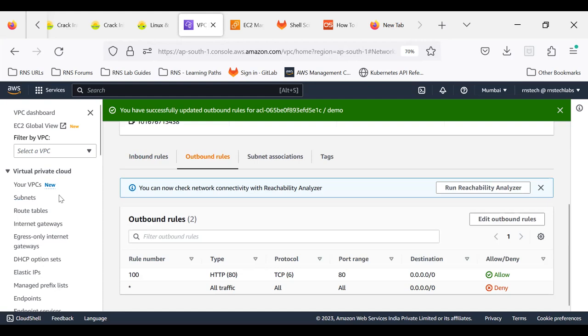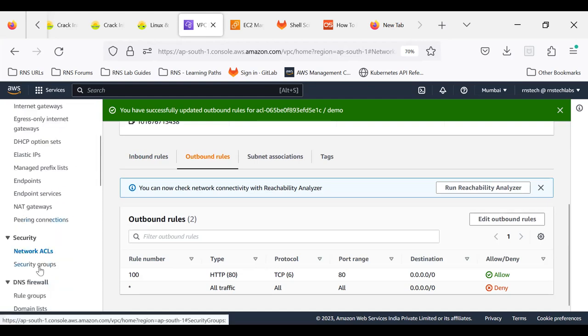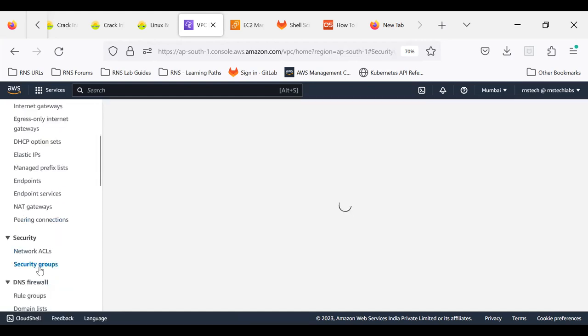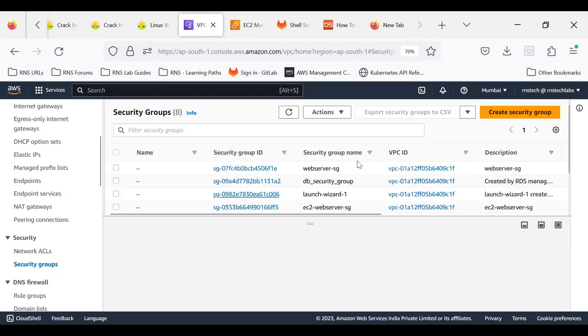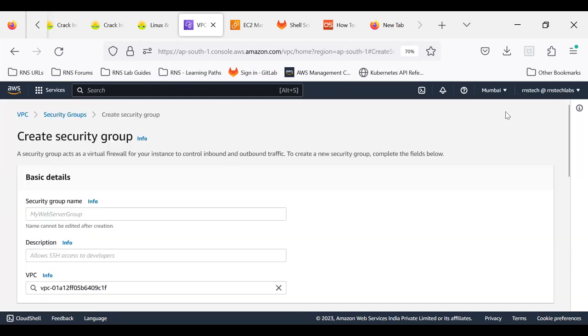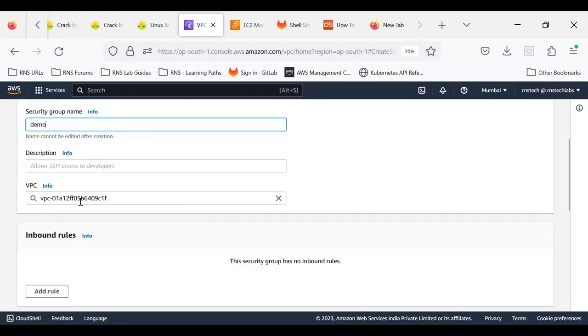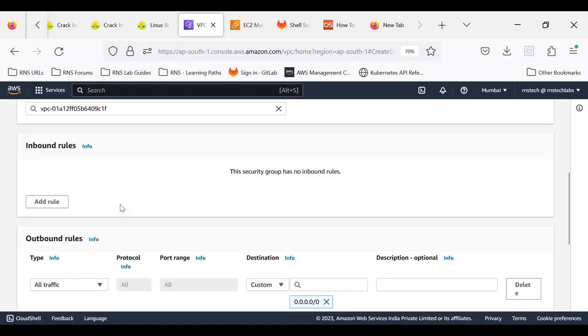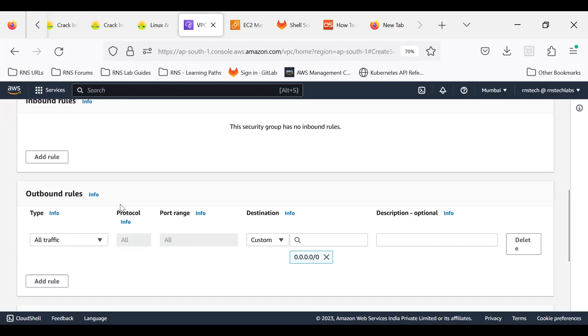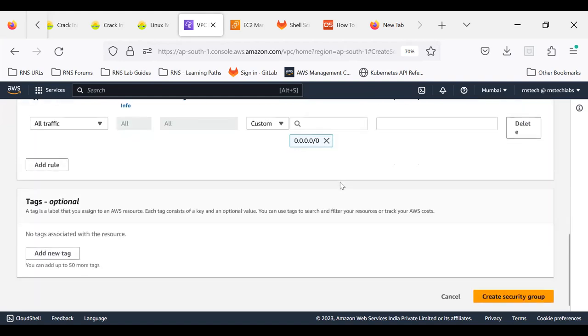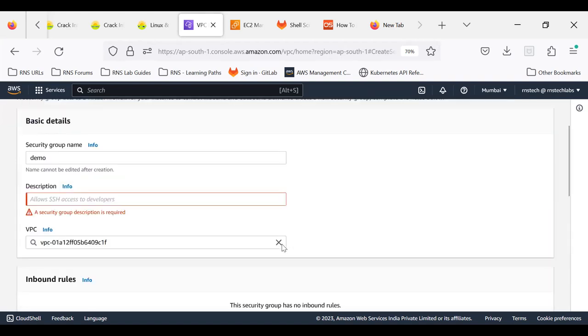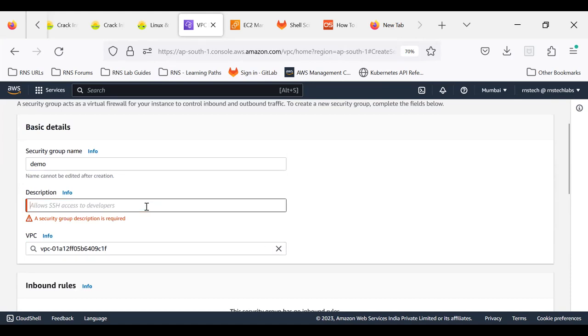But in the security groups, yes, if you go to the security groups, whenever we define any inbound rule, this is also VPC scope. Yes, in which VPC do you want to launch it? Anyway, we have only this one VPC. Suppose I have created a security group, the default behavior is